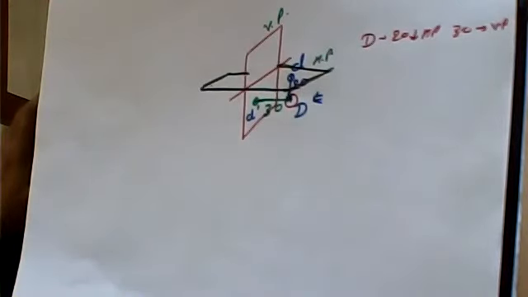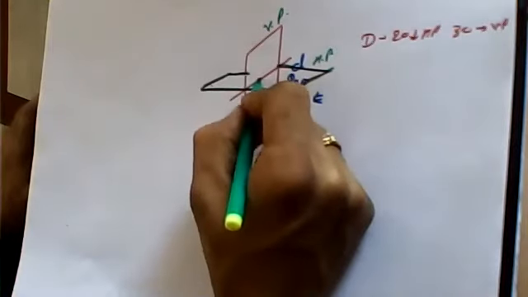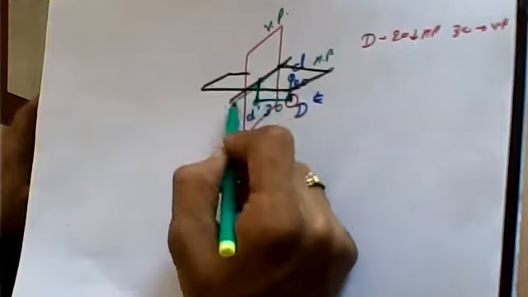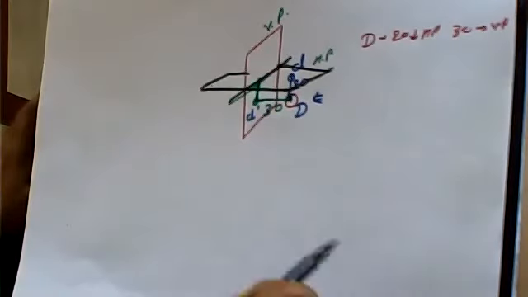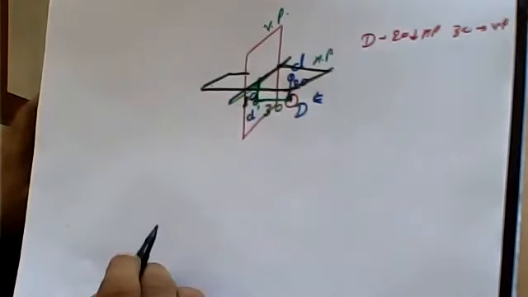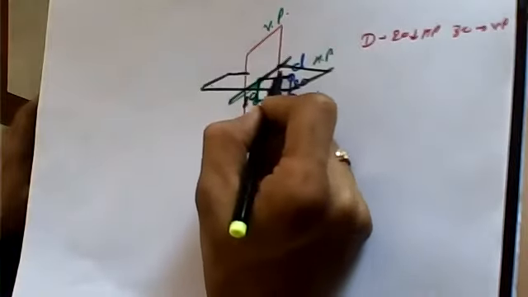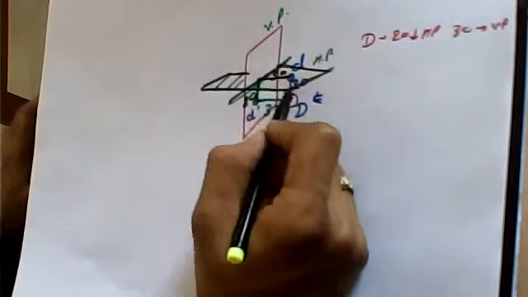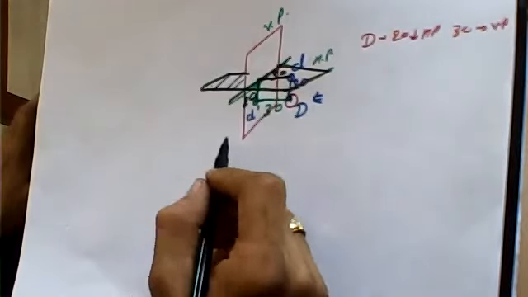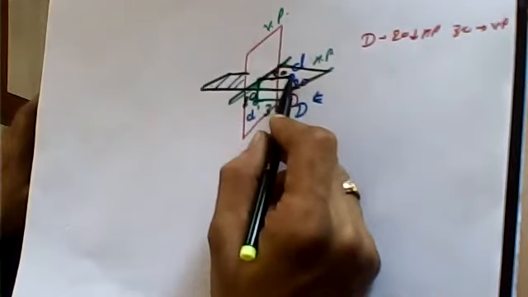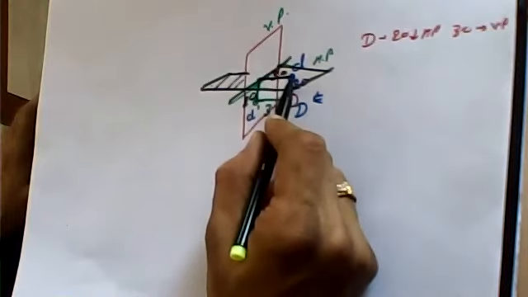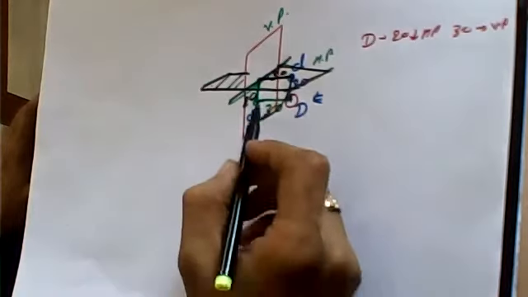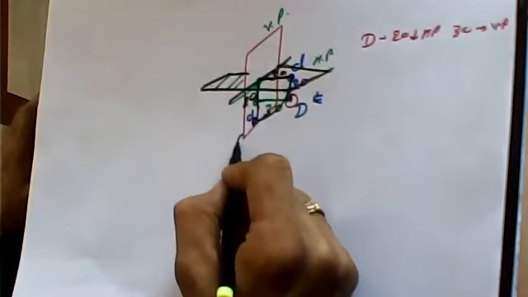ठीक है, तो उसके projections को trace out करते हैं. तो ये कितना point D dash जो है वो reference से कितना नीचे होगा? It is going to be below the position for 20 mm, और ये distance कितना होगा point D का? It is going to be 30 mm. Now what we do, we rotate the horizontal plane for 90 degrees. तो अगर मैं horizontal plane को 90 degrees rotate करता हूँ तो ये जो D है, माने plan of point D is going to be situated over here somewhere. Okay, so this is going to be position of D.